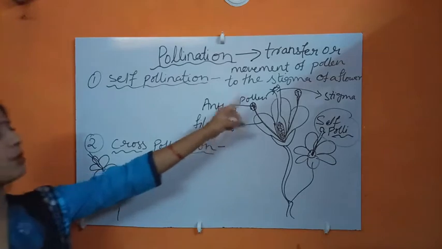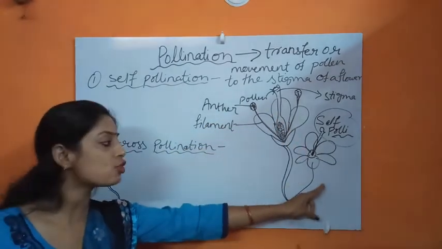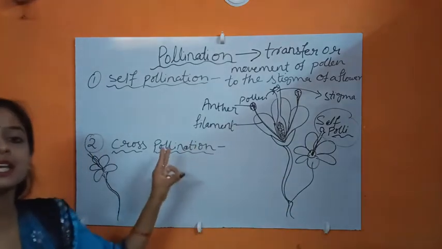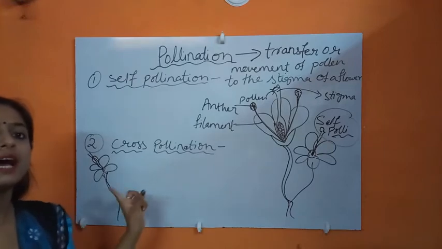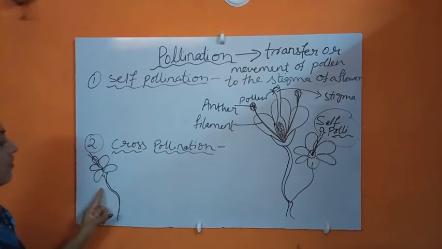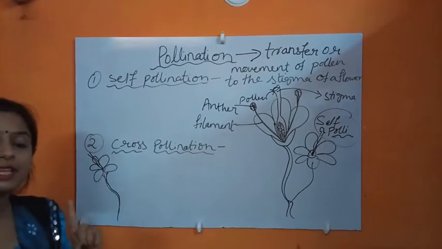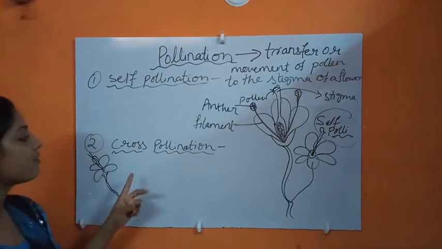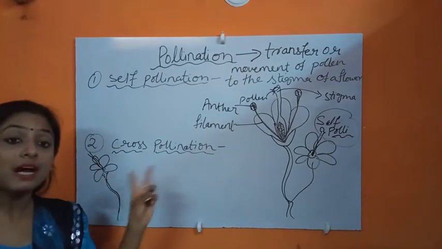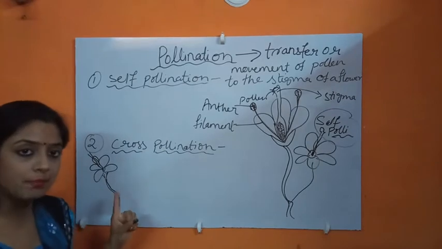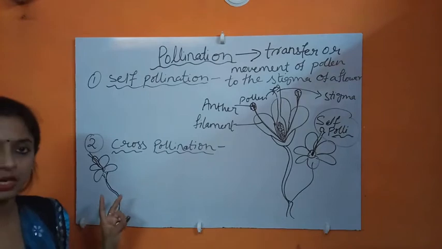Okay, so it must be clear to you. Self-pollination is the pollination which happens inside the flower or between flowers present on the same plant, and cross-pollination happens between two plants, with the flower present on the other plant. And one important thing is that this process happens only among flowers of the same type. A flower of one type will be pollinated by its own type of pollen grain.